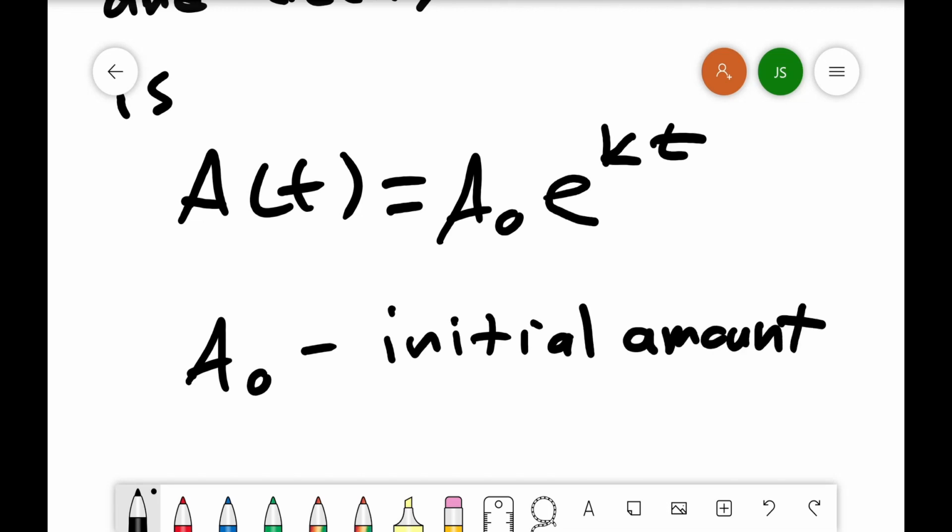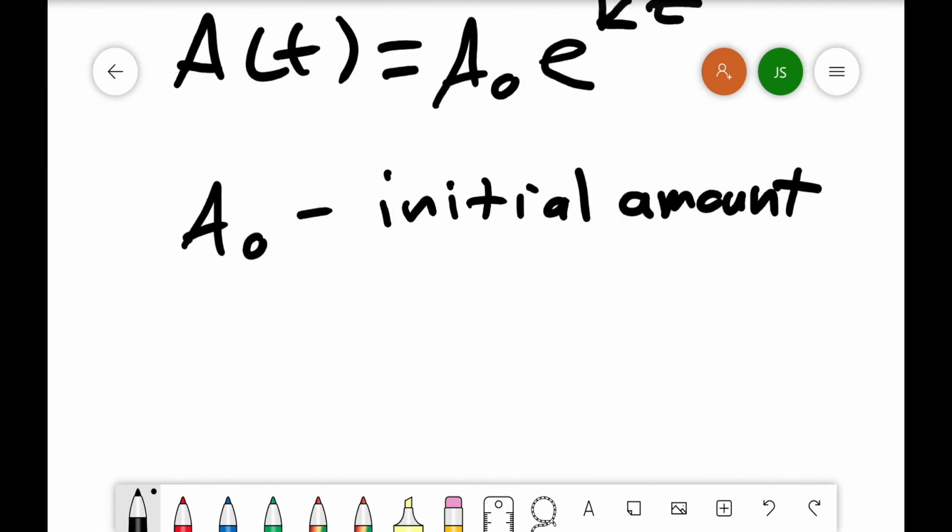You might call it A sub 0. A naught is another way to say A sub 0. K is the relative growth or decay factor. This time it's going to be per amount of time here, but it's going to possibly be positive or possibly be negative. It's also going to be a percentage, but